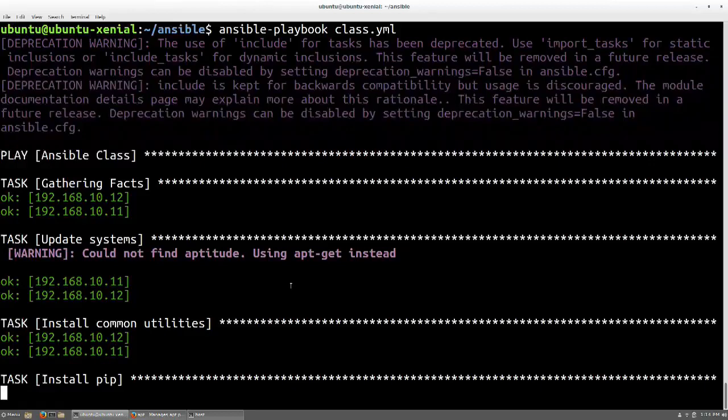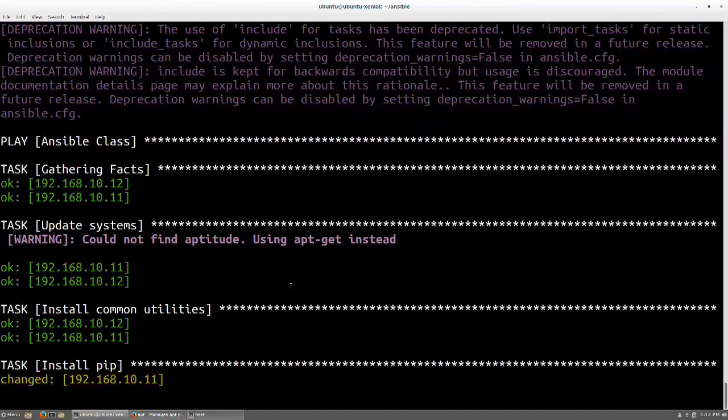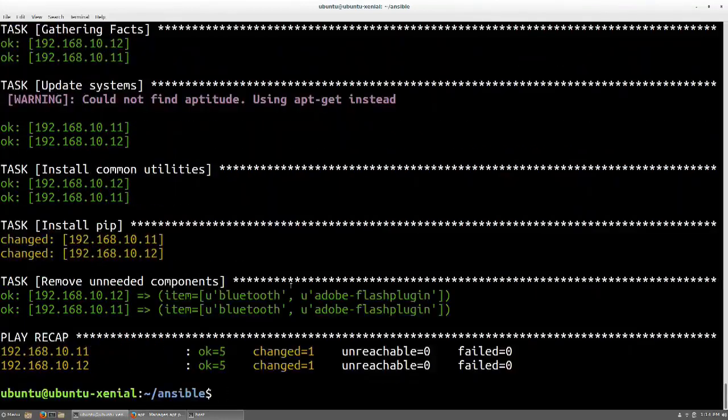I pushed the current version of common YAML up to GitHub, so if you want to just pull it down. Okay. Yeah, let's do that. Let's take a look. I'm really curious. So there we go. Good. Let's actually take a look at GitHub because it may just be a simple